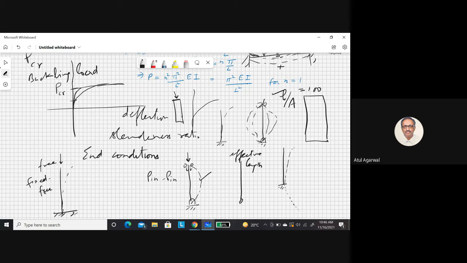You see, because of this roller support here, it prevented some kind of a buckling. It made buckling slightly more difficult compared to here. Here it is only held at one end, other end is free. So it becomes more easy for it to buckle. So here you see effective length is twice the length of this column when you had a pin support.